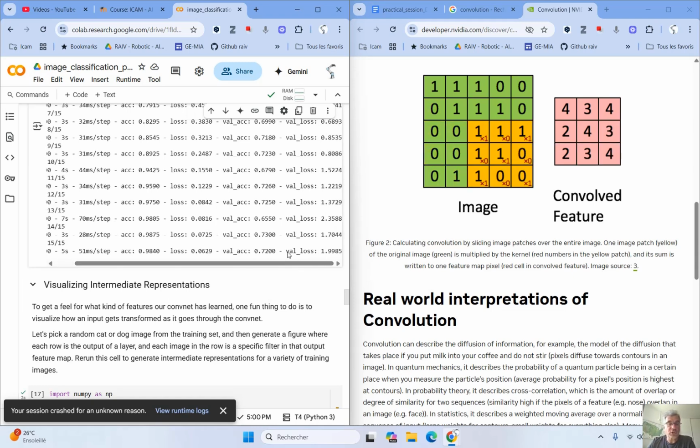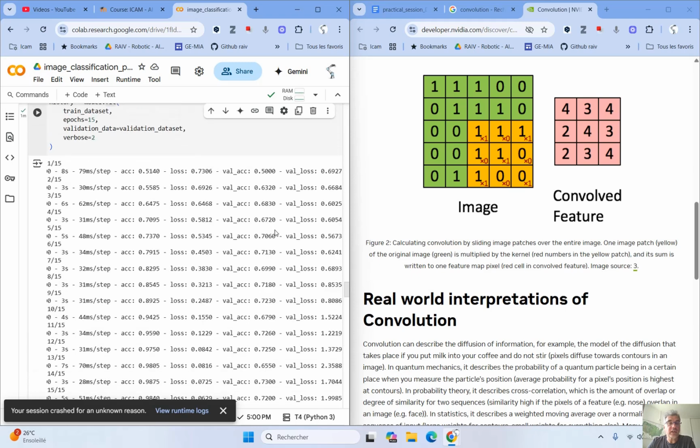But if we have a look at the validation data, the validation accuracy starts to go up, then it goes down, and it stabilizes.